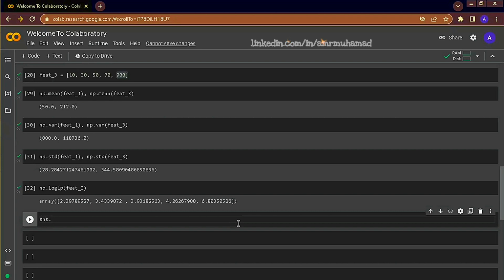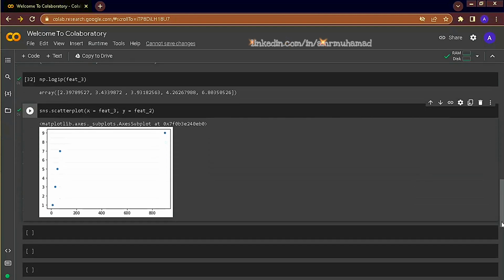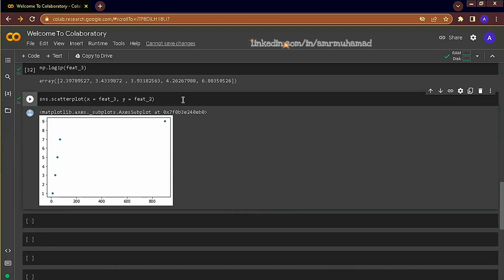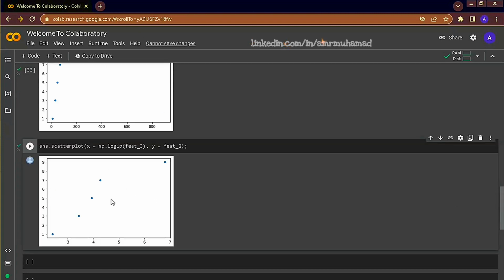One benefit of this is when we want to visualize these two features, for example, using non-log transformed values. The outlier is considerably distant from the other data points, and they are almost on the same straight line. Rather, if we used log transformed values, we can see here that the scale is much smaller and the difference between all the points is much more visible than earlier.